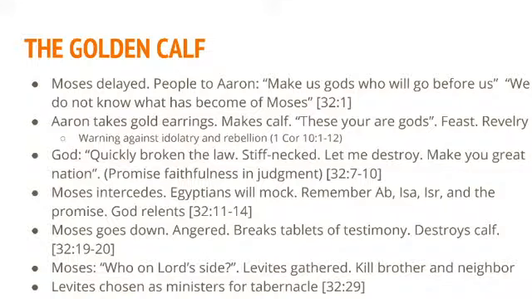Remember, Moses went back up into the mountain, and he went there to get the law from God, the 10 commandments on the stones, etc. Right? And while he was up there and the people were waiting at the foot of the mountain, remember, considerable time had passed, a 40-day period. And basically the people at the foot of the mountain started saying, what is going on with this Moses guy? We don't know what happened to him. We don't know whether he is alive. We don't know whether he is dead. We really don't know what's going on with that gentleman. And as a result, they called on Aaron to say, we want you to make us gods who will go before us.